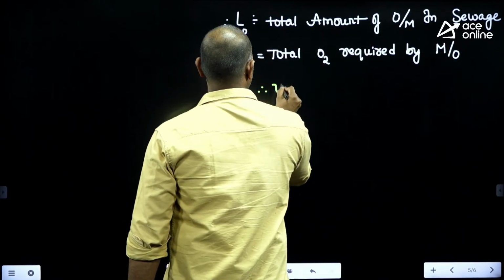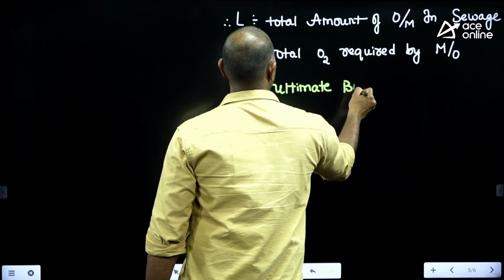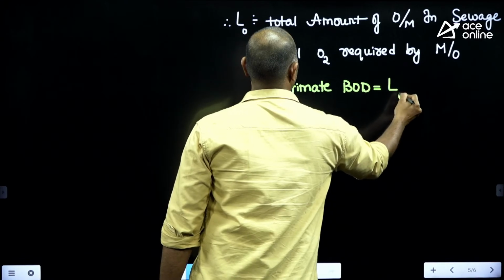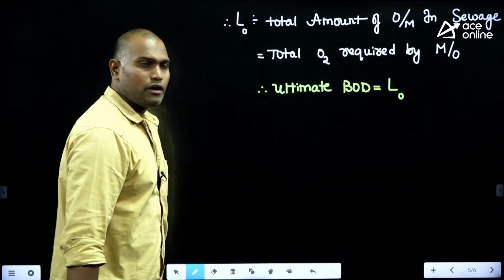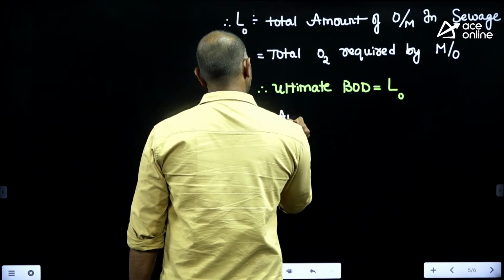So I can write ultimate BOD is equal to L naught. And now you see, if LT is the amount of